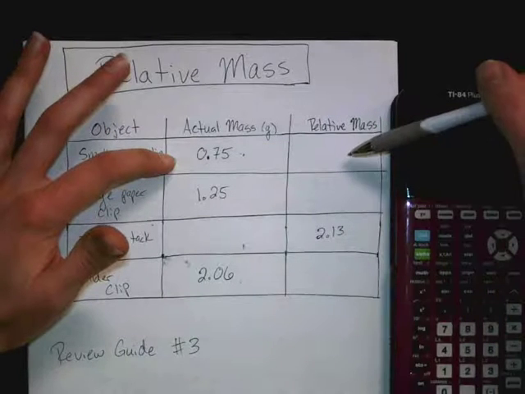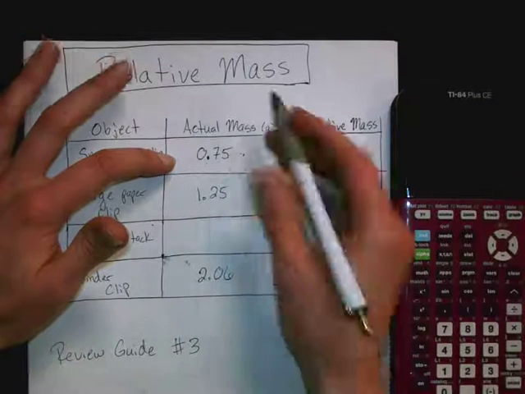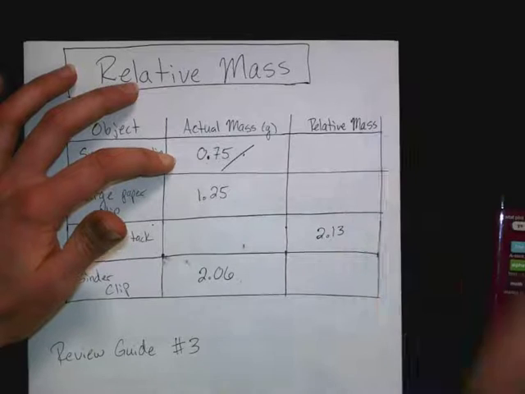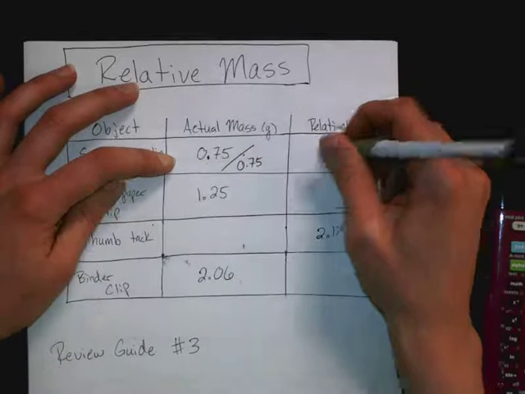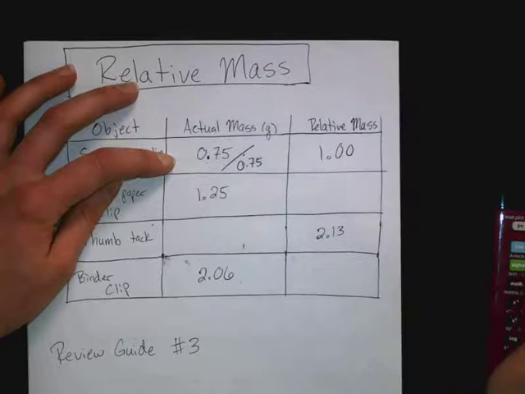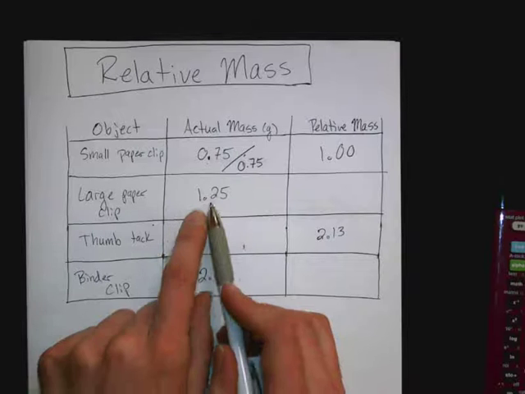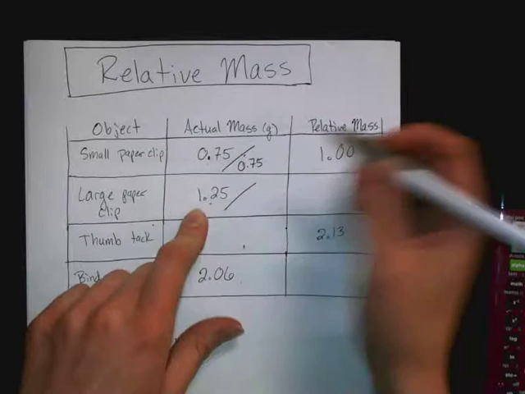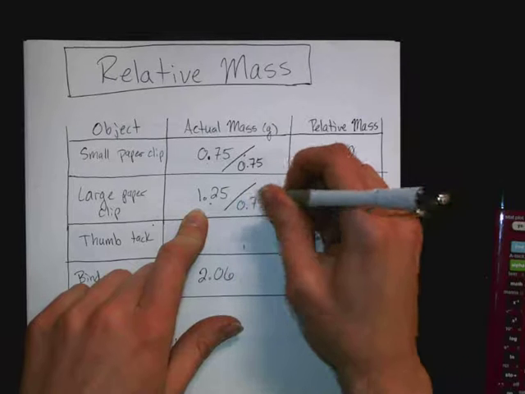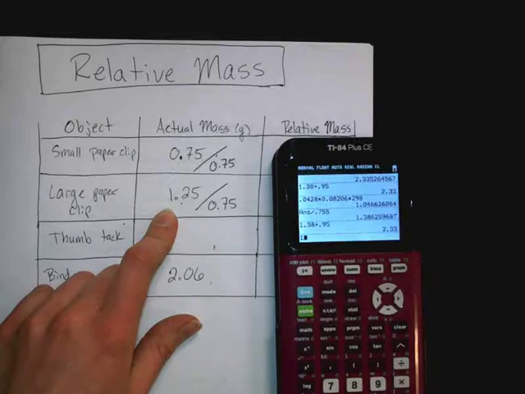In order to get my relative mass, I divide by the smallest. So 0.75 divided by the smallest number, which is my 0.75, gives me a relative mass of 1. I can do that one in my head. What I do to one, I'm going to do to all of them. So I'm taking the relative mass of my large paperclip, then I'm going to divide that mass by the smallest mass, which was my 0.75. So if I take my 1.25,